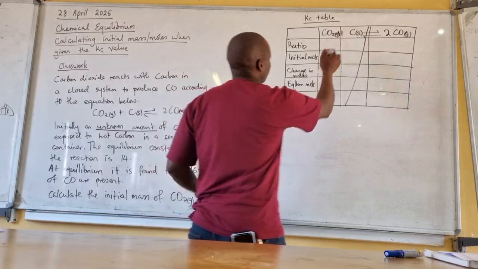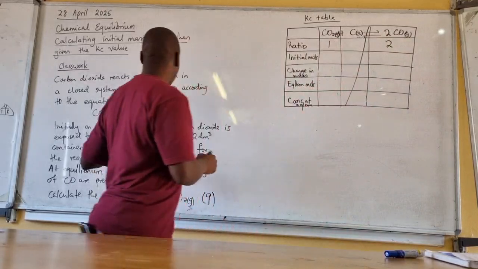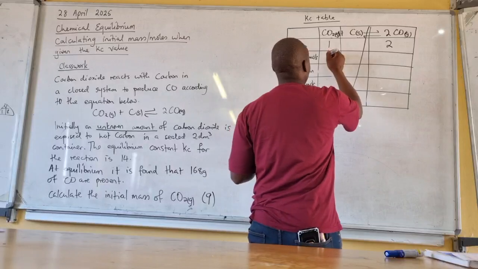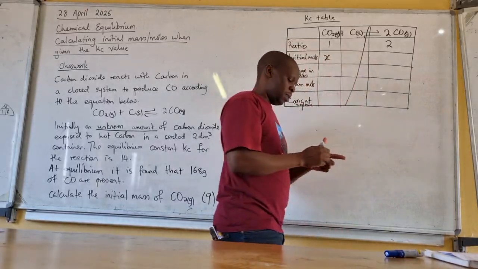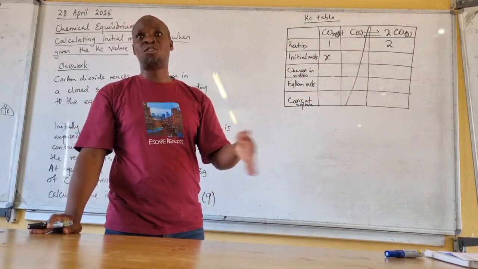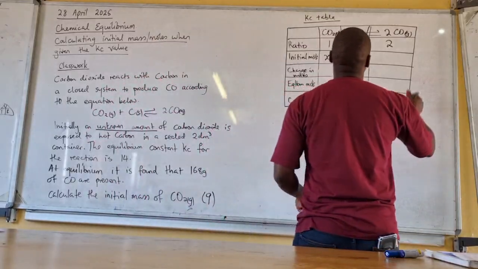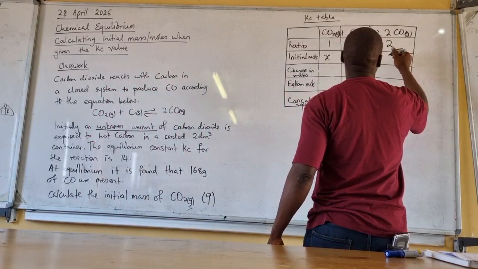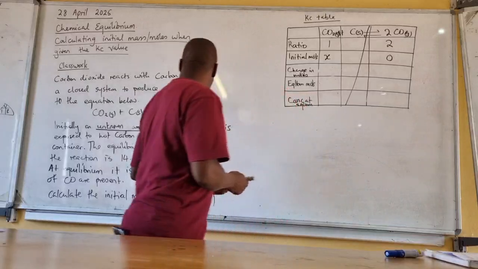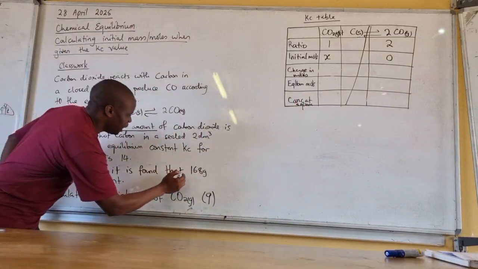Right, ratio 1:2. Initial number of moles of carbon dioxide is an unknown amount, so let's just use X. Those who started in mathematics, even our ancestors, they've been looking for X, so we'll continue looking for X. Okay. Initial number of moles of carbon monoxide, the product, 0. Let me check again any other information that we have. We have the mass at equilibrium,